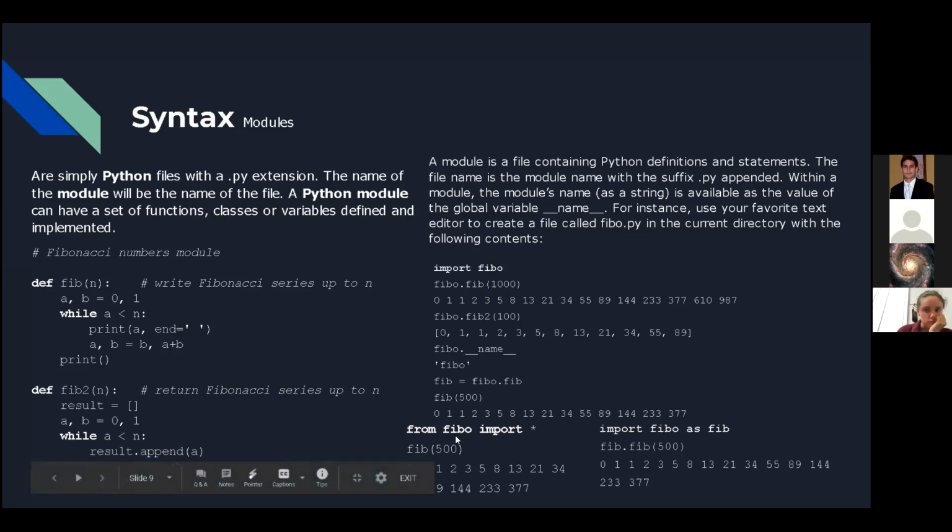And then you can also use different styles too. You can just import it by calling it with the star. So like that, you basically call all the functions. You could either call all the functions at once, or you can call them individually.